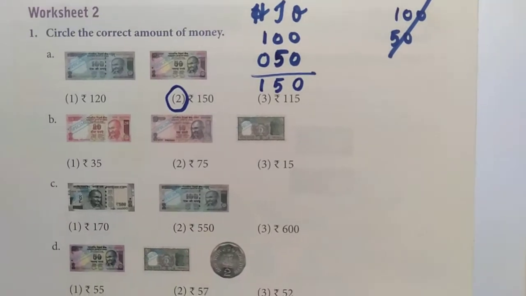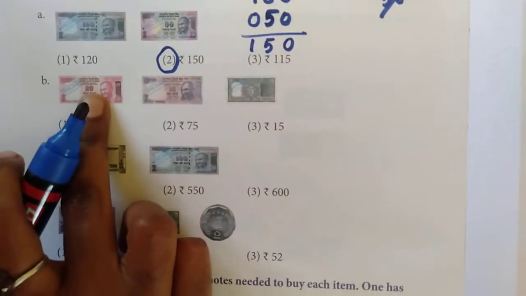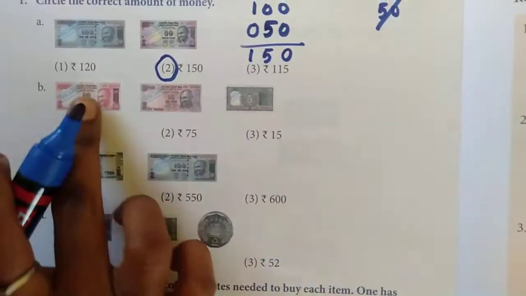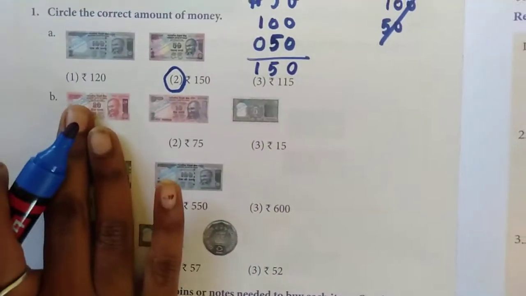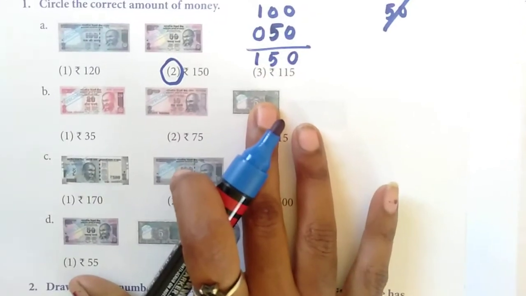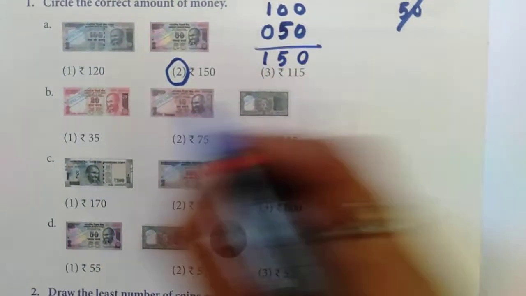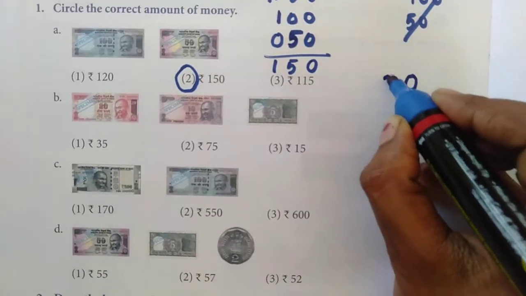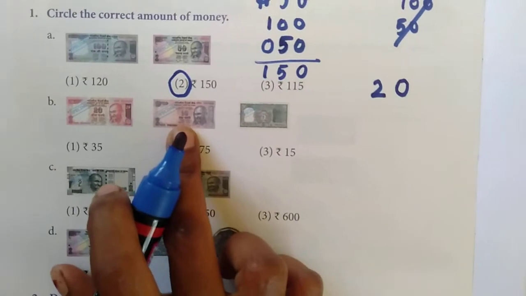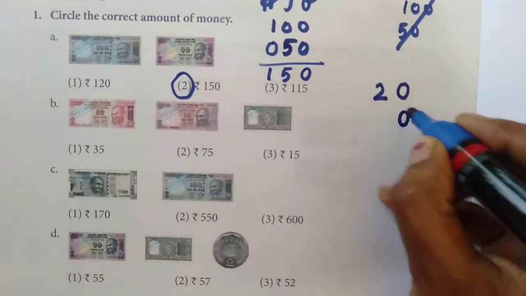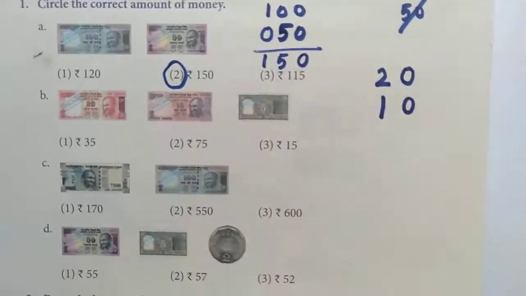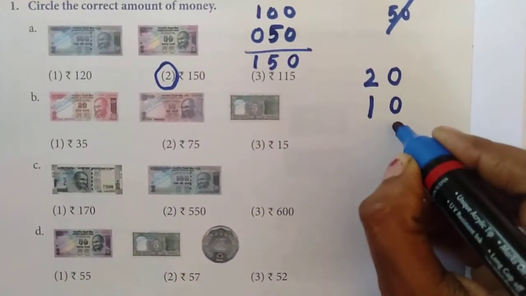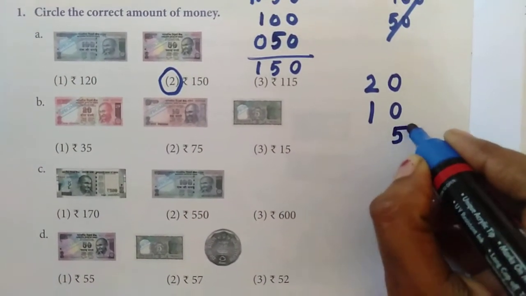Okay, understood? Then see the next one. 20, 10, 5. Am I correct? 3 rupee notes are there, right? 20 rupees note, then 10 rupees note, then 5 rupees note, right? So you have to add. What I said first, how will you write 20? In the ones place 0, in the tens place 2. Then 10 is given, a 2 digit number, so you have to write 0, then 1. Then 5. 5 is a 1 digit number. A 1 digit number, where do you have to write? You have to write here. Am I correct? From ones only you have to start. So here you have to write 5.